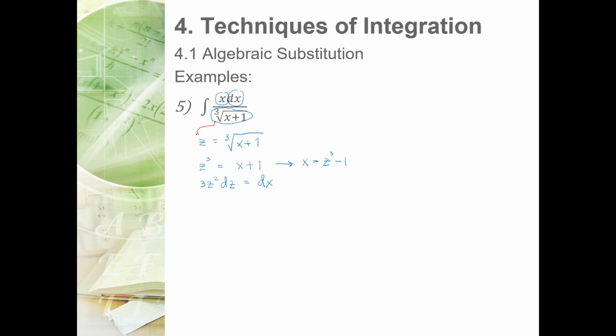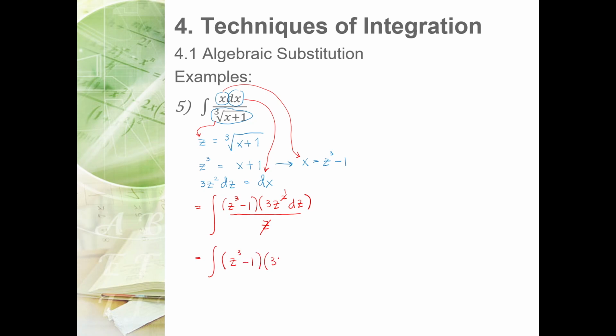So again, this one is z. This one is dx. This one is x for example. So the equation becomes, in the numerator, first it's z cubed minus 1. Then dx is now 3z squared dz. The denominator is just the z parameter. So cancel out the z in the denominator, cancel out 1z in the numerator. So this would give us a simpler format of z cubed minus 1